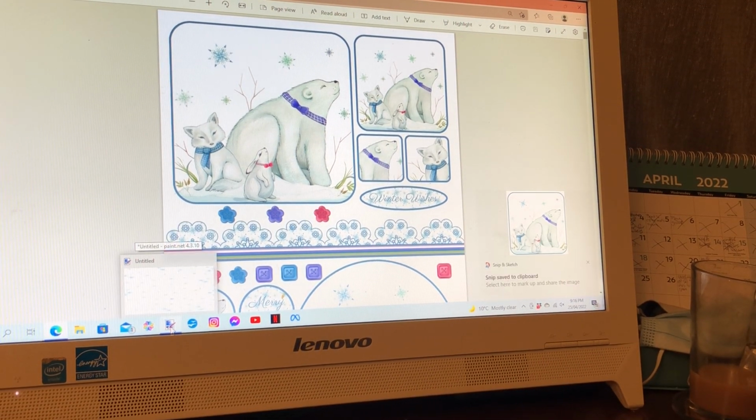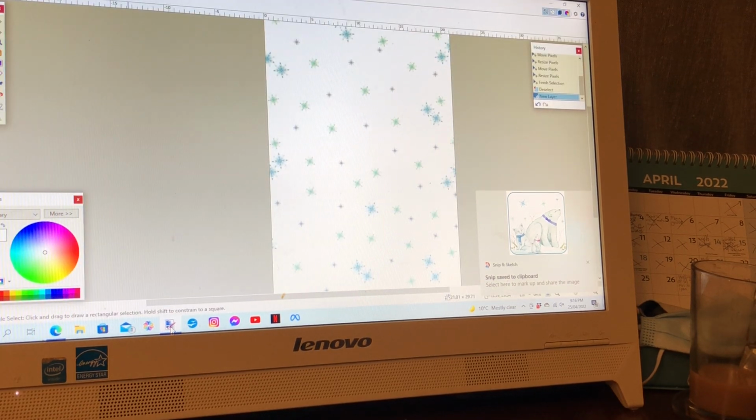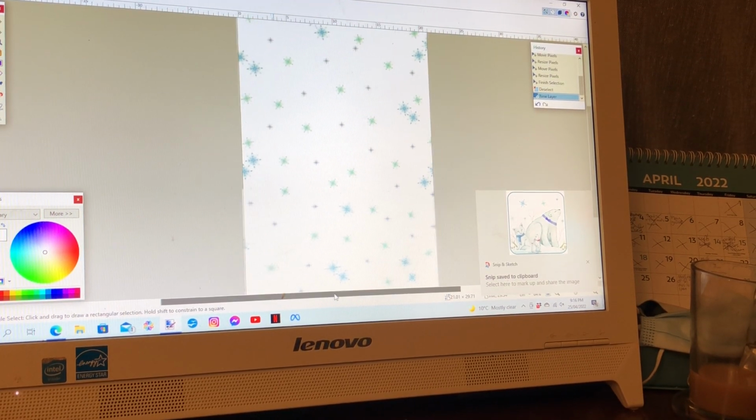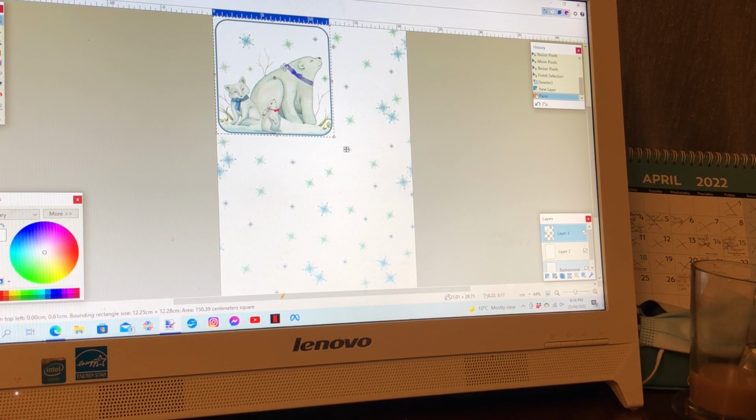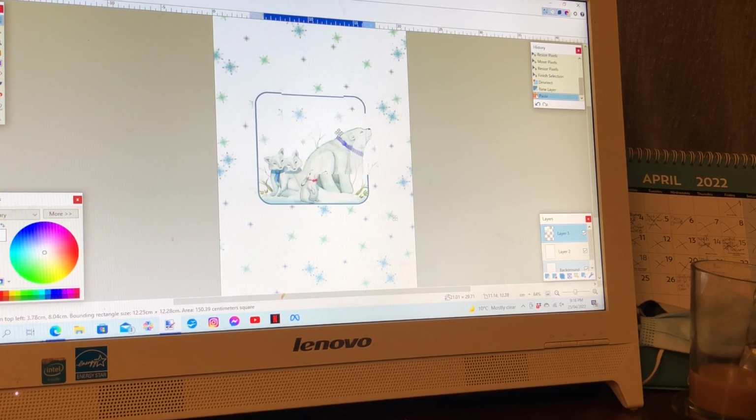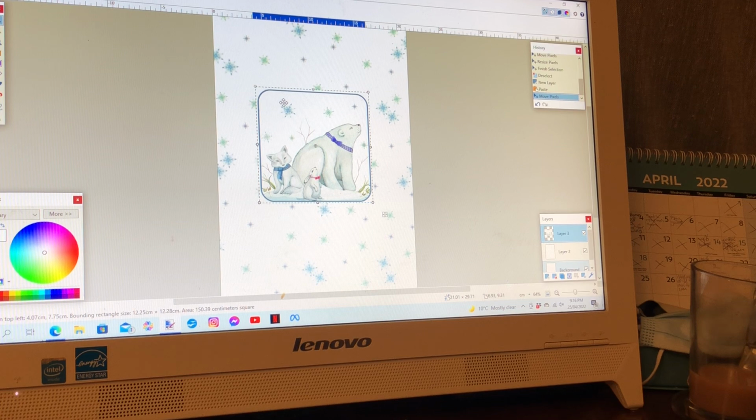Again, your screenshot might be different. So this time, if it's different and it screenshots a whole lot, you just paste it onto here. So Control V, and it's pasted it. You can drag this anywhere, and what you're going to do